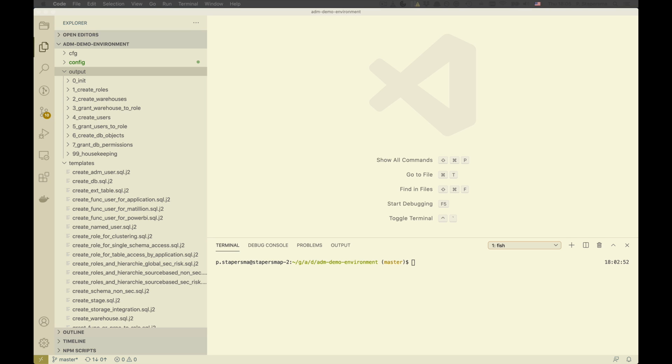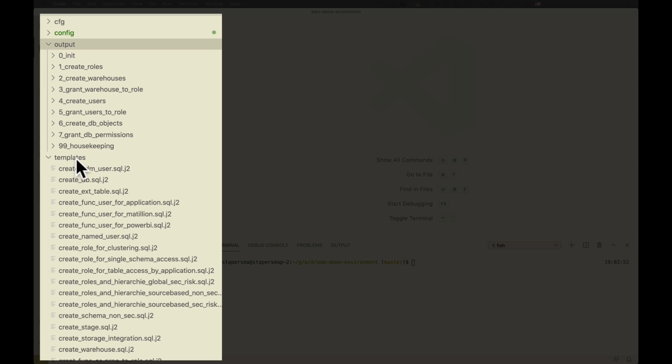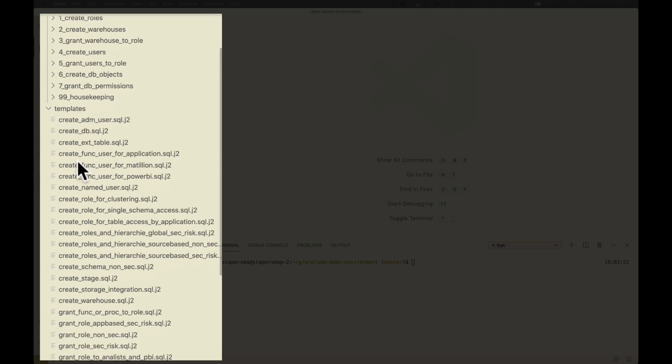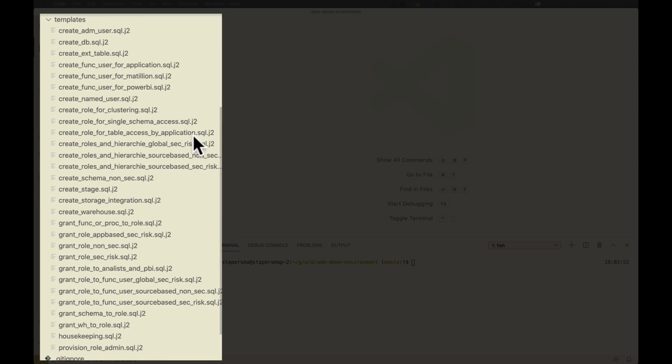So in front of you, you see my text editor. I'm using Microsoft Visual Studio Code for this demonstration, which I can really recommend because it's a very nice editor to work in combination with the configurations that I'm going to show you. Let me first start by explaining the directory structure that you see on my left-hand side. First of all, there's a template directory. In this template directory, you can see a lot of various templates that you can use to set up your